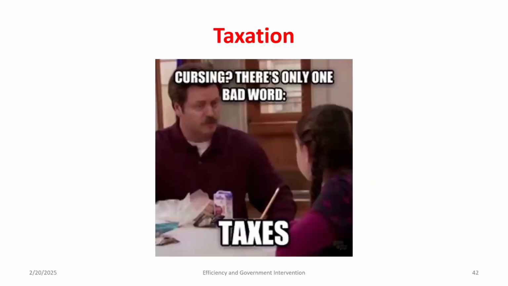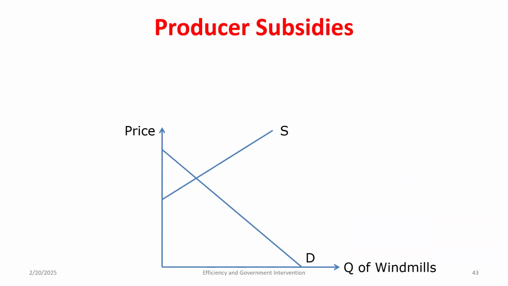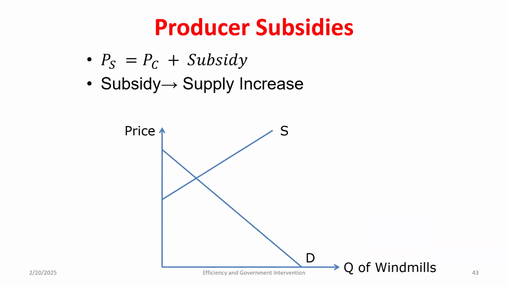Now, the one thing we didn't cover, so only one bad word, taxes. We didn't get through subsidies. There will be a question on the quiz that asks you about subsidies. Before it is released, I'm going to edit it when I get back to my office, and I'm putting the correct answer in the question. So read the question carefully. You should get it correct. We'll cover it on Tuesday because subsidies are important. There's a very relevant example in the news I just heard about, but you're not expected to know it for this quiz.